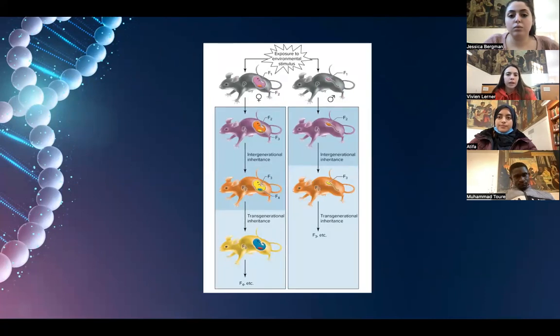In this image, we have mice showing the exposure to environmental stimulus, such as intergenerational versus transgenerational epigenetic inheritance. The color of the mice in this figure distinguishes different generations and do not denote